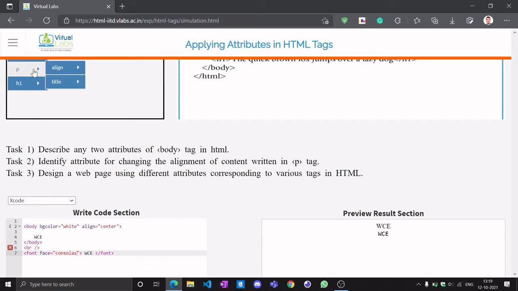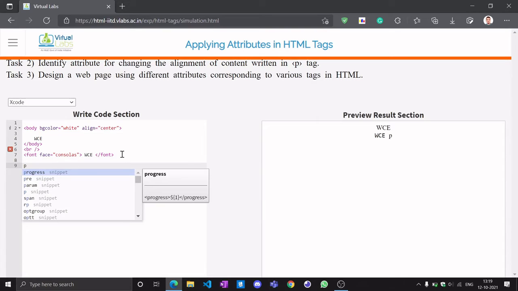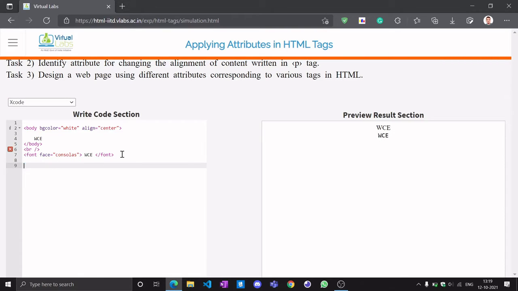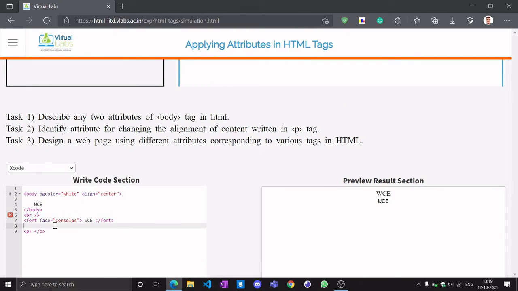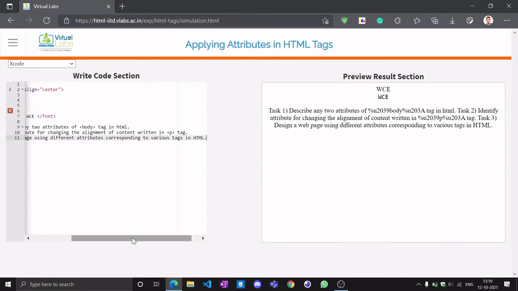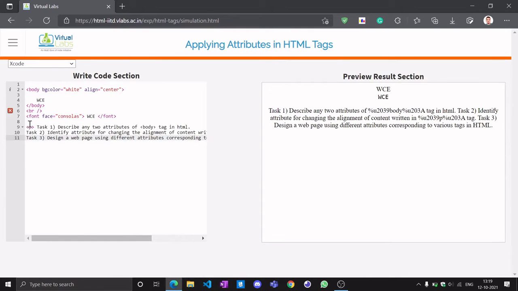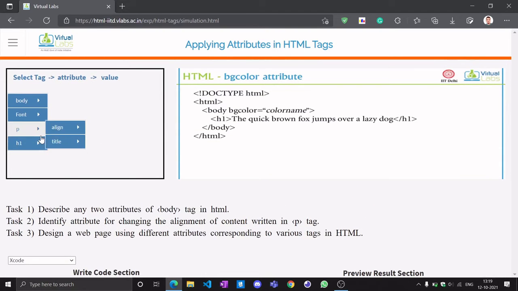So let's do another one for paragraph, like align and title. Let's do this in the paragraph tag. So let's add this as a paragraph. Yes, the paragraph is visible. So in the paragraph tag we have to add properties like alignment.